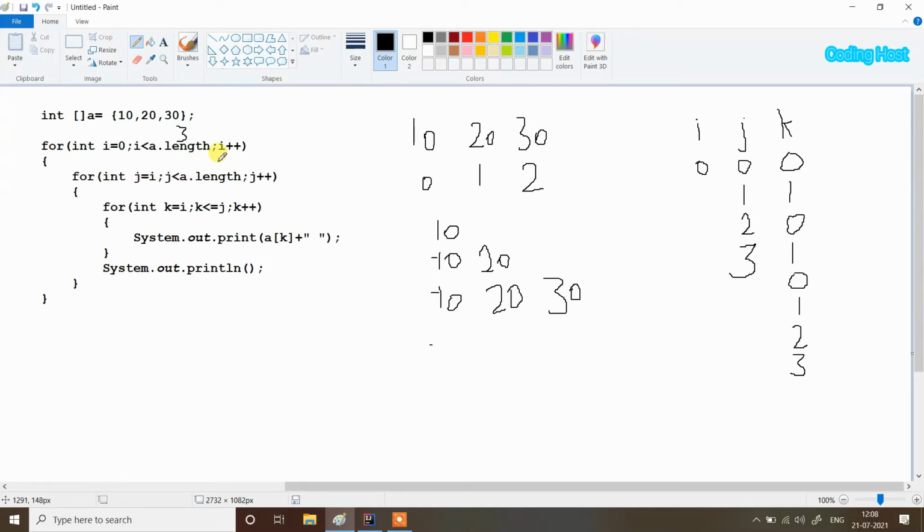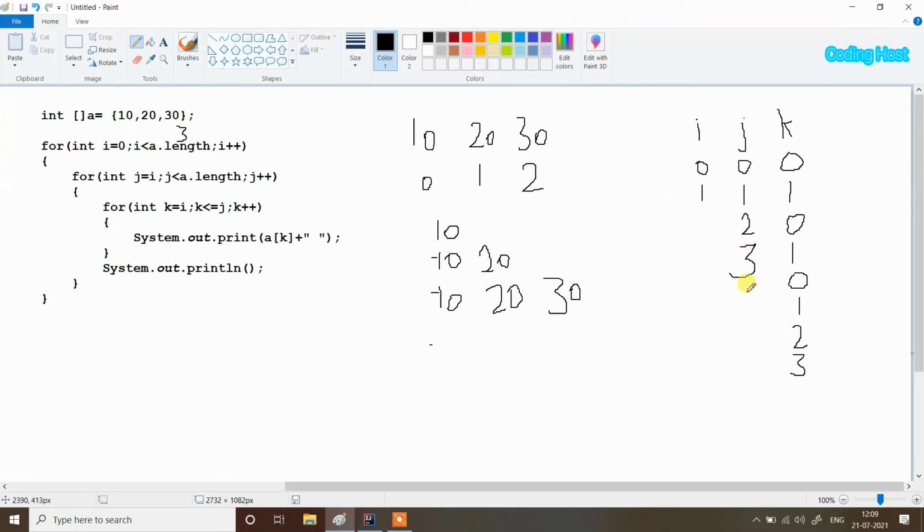And after that, in this first for loop, i will increment. So now i will become 1, and here it will check that i is less than a.length. So i is 1 and it is less than a.length. Yes, true, and we get inside this for loop, int j equal to i. So now in this for loop j will start from i, and i is 1.